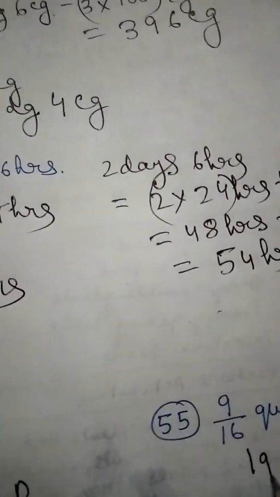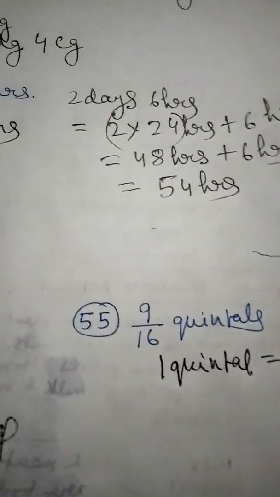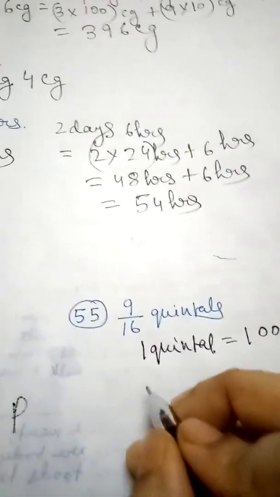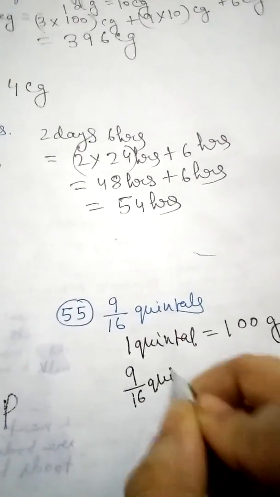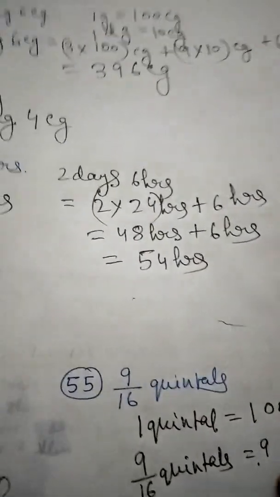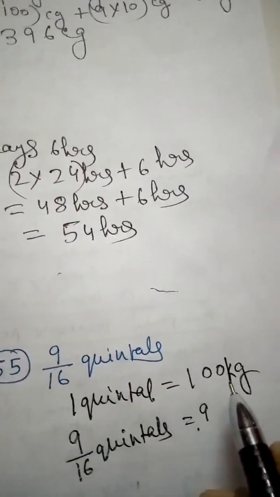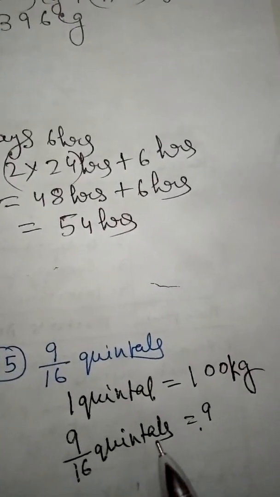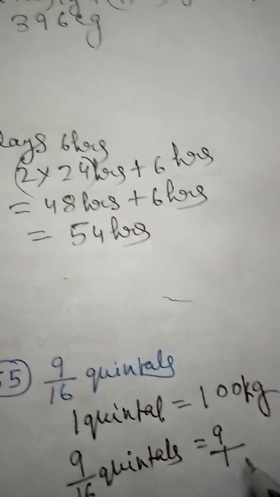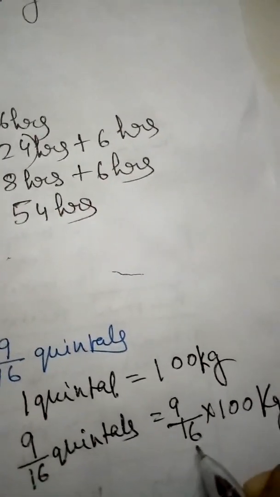So let's do. 1 quintal equal to 100 kg. 9 by 16 quintals equal to 9 by 16 into 100 kg. Okay, so see this, you can